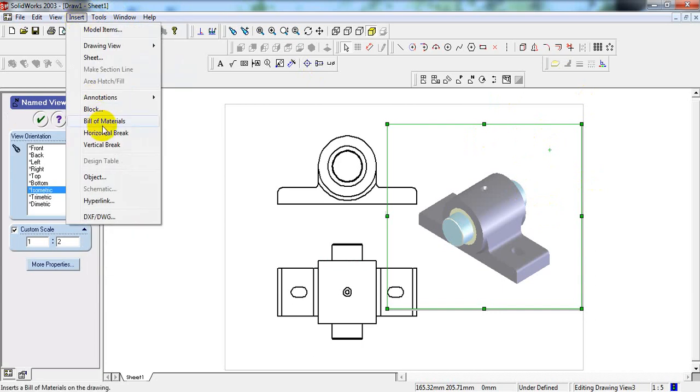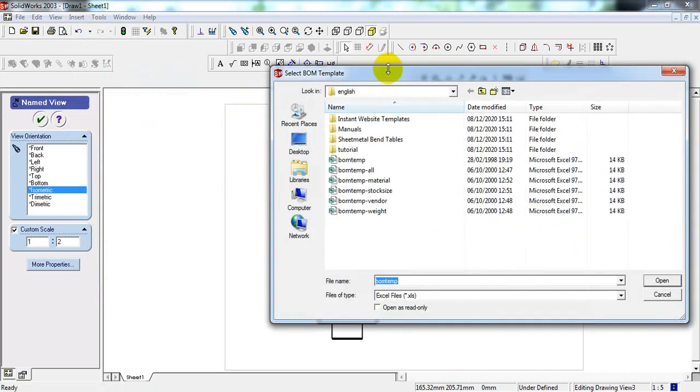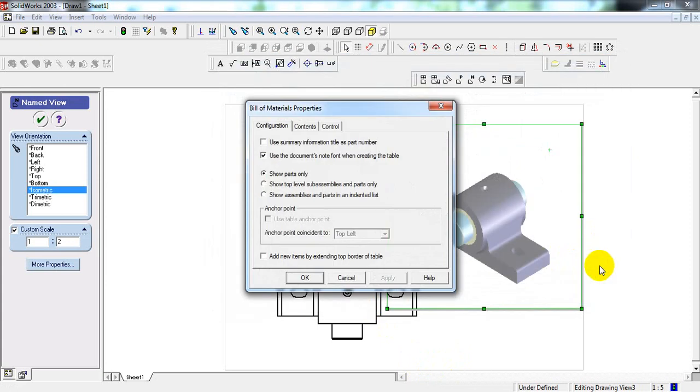For this isometric, that is bushed bearing, we need a bill of materials for bushed bearing. Select bill of materials. Here bill of materials template will be displayed. Don't select over here, just select open. Here select OK.